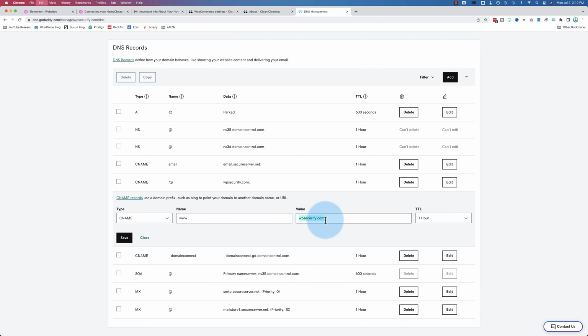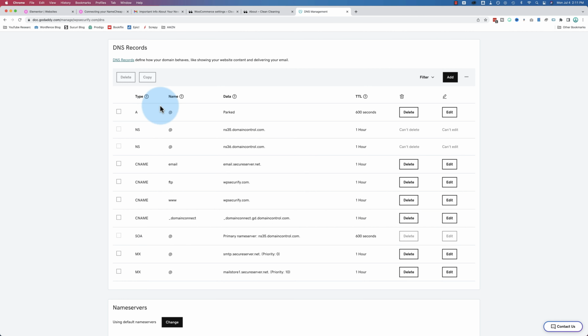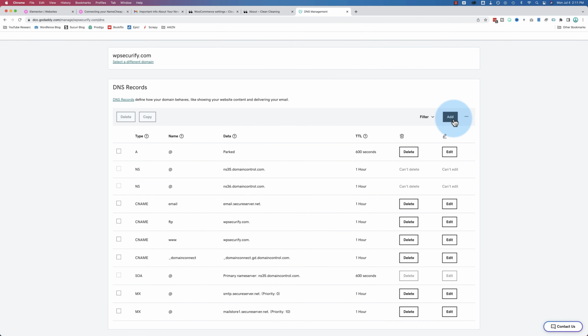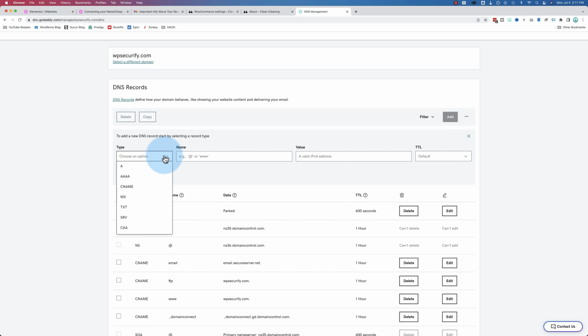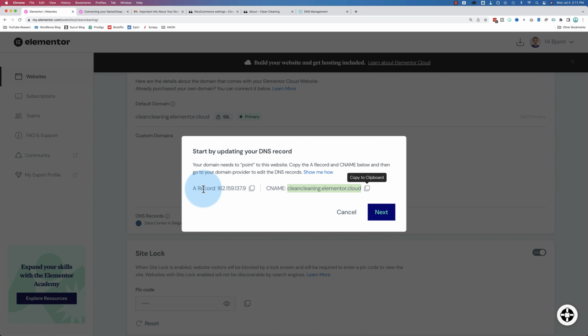Click on save. If you're in here and you don't have an A record or a CNAME to edit like I did just now, click on add, and we just create it. Choose A record, enter the @ which just means your website. So this is quite often just @. Then you enter the IP that we copied for the A record from